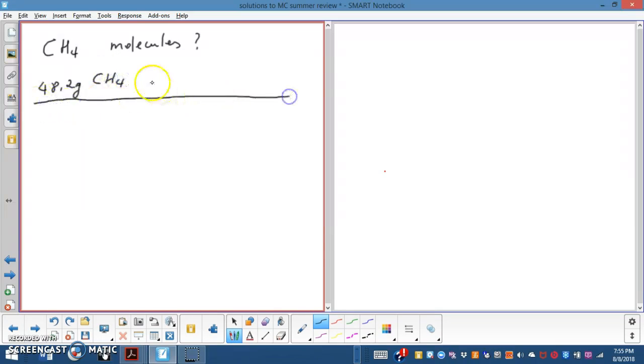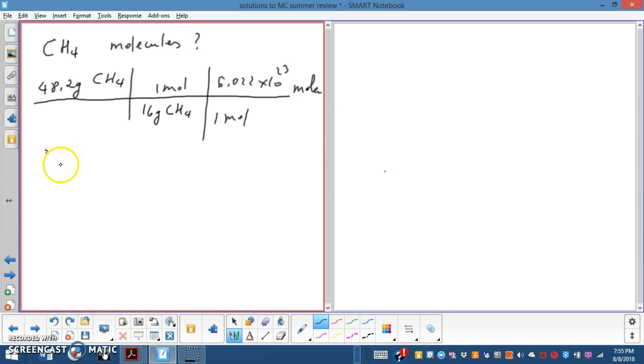So you have to go to moles first. 12 plus 4 is 16 grams, which is 1 mole of methane. And then you know that 1 mole contains 6.022 times 10 to the 23rd molecules,